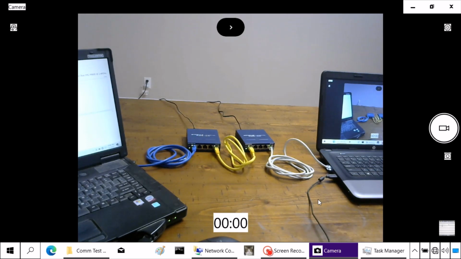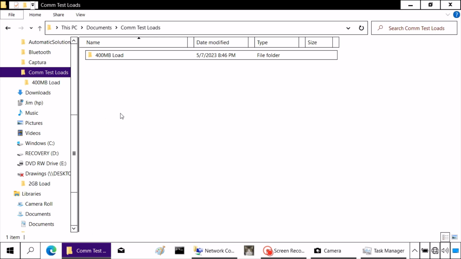So what I'm going to do for this demo, like I said, I have a shared folder here. I'm going to get in and transfer a large file. I'm going to cut and paste it from one laptop to the other, and then look at it on Task Manager and look at the data rates as they go by. So I'm going to start off by coming over here and looking at the network, and right now it's showing the